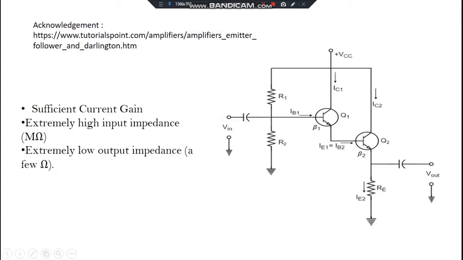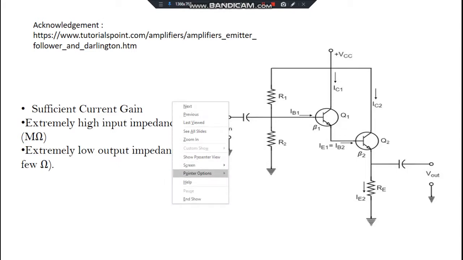If we observe the basic features of a Darlington emitter follower, there is sufficient current gain. How is this achieved? We can see the Darlington emitter follower circuit is connected in this fashion. Here, just like a normal emitter follower, the emitter is common to the base and the collector, and the emitter is grounded.